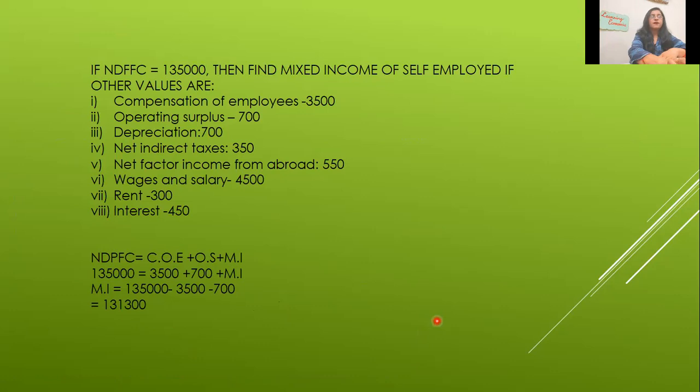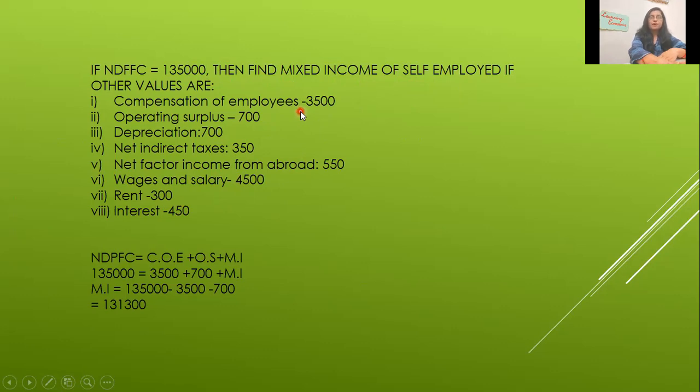See, there is one more thing. NDPFC is given. Then find mixed income of self-employed. They are asking you to find mixed income of self-employed. And the other values are also given. Compensation of employees is given. Operating surplus is given. Depreciation you do not need. Net indirect tax you do not need. Net factor income from abroad is given. Wages and salary is given, which you do not need,